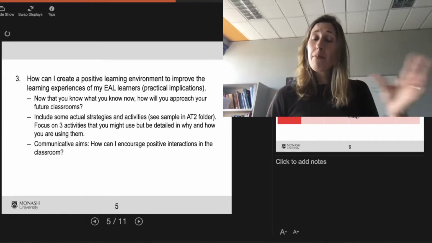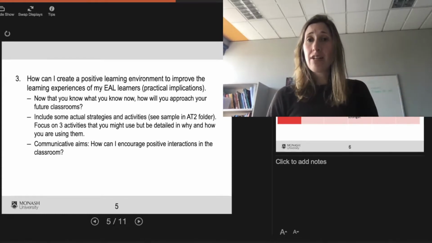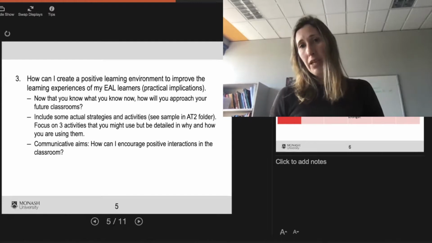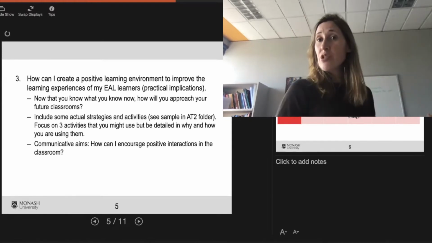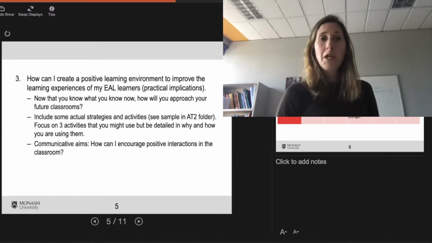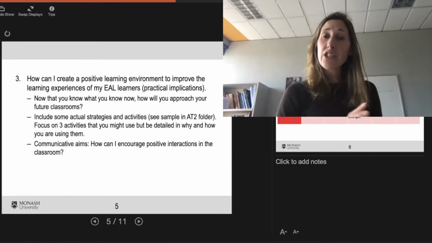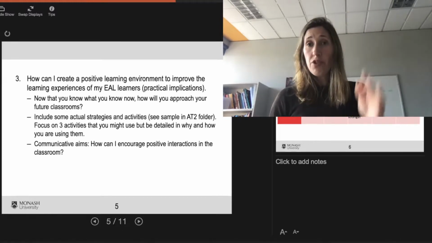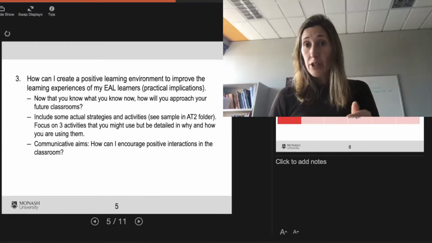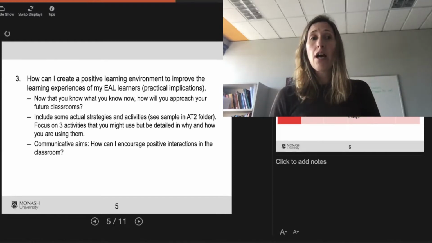And this is where you're linking it back to the theory. Why are these activities going to help you address speaking development? Or why are these activities going to address some of the issues that you'd mentioned about the spread of English? So again, this will link to your topic that you've chosen. So focus on 3 and be really detailed, not only on what you would do, the procedure and why you're doing it for that particular group, but what the connection is to the theory.